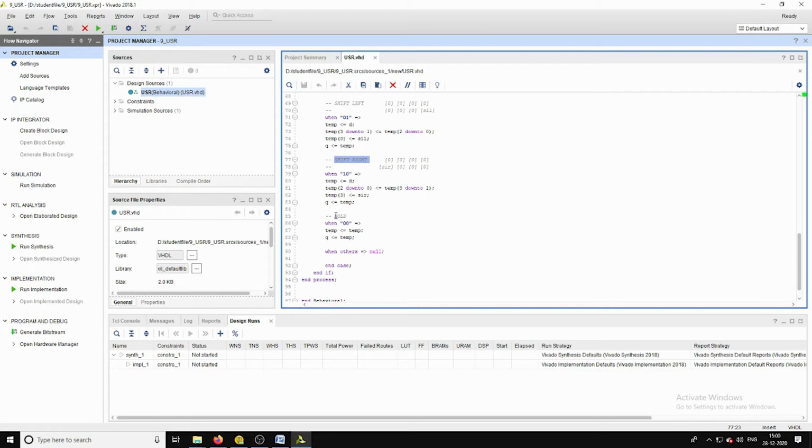That means there is no further change in the input values,